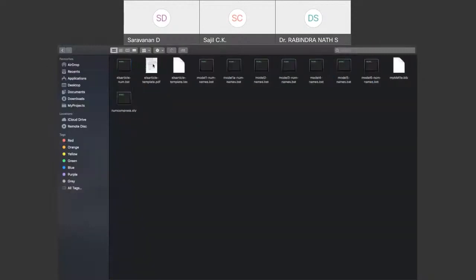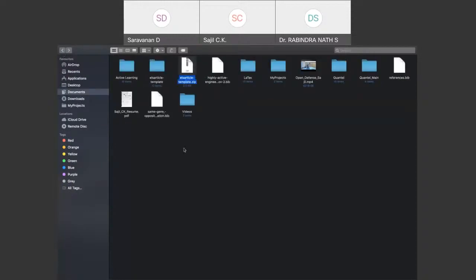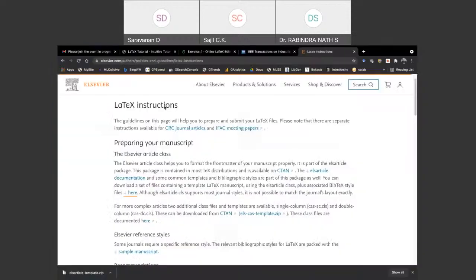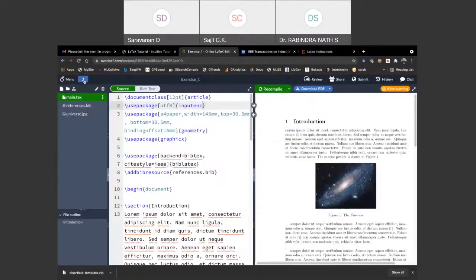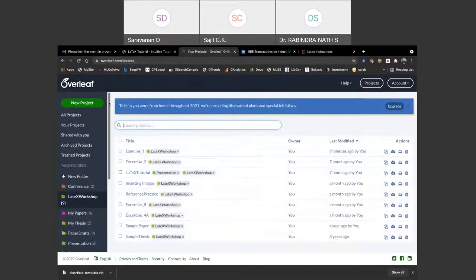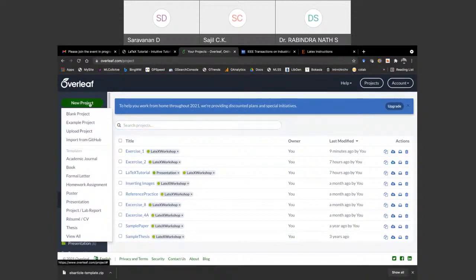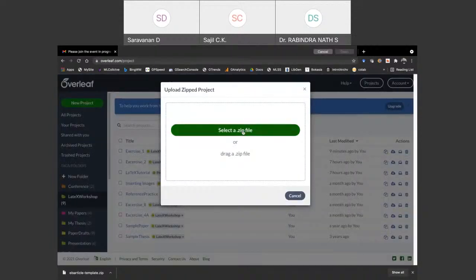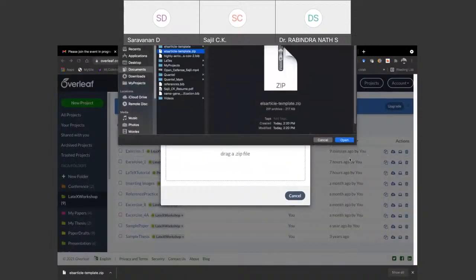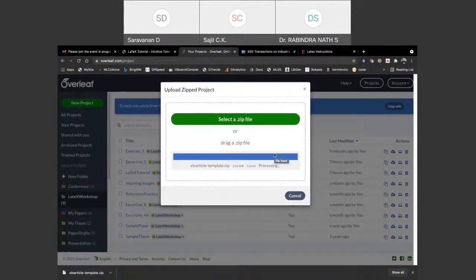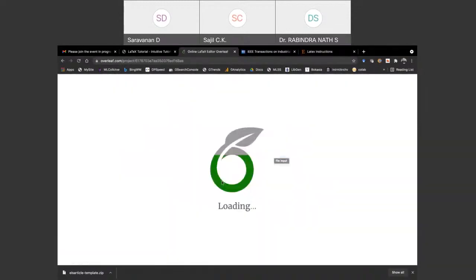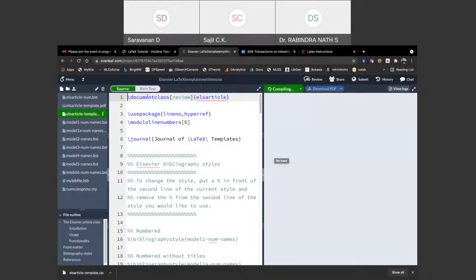Once you extract all those things, you will get this set of files. If you want to work with LaTeX in Overleaf, you can directly upload the template zip file itself. See, it will open up in the Overleaf format, and it has a lot of template code.